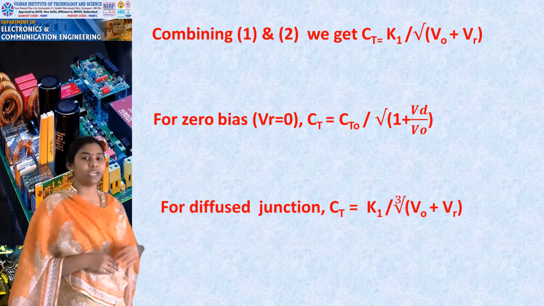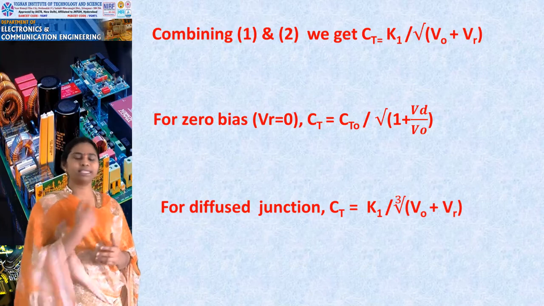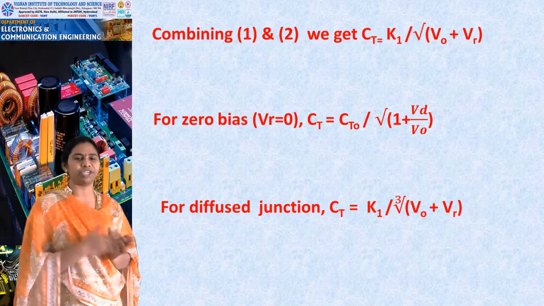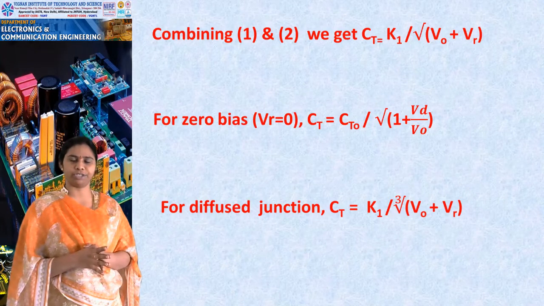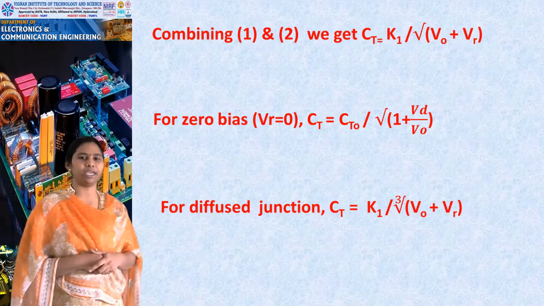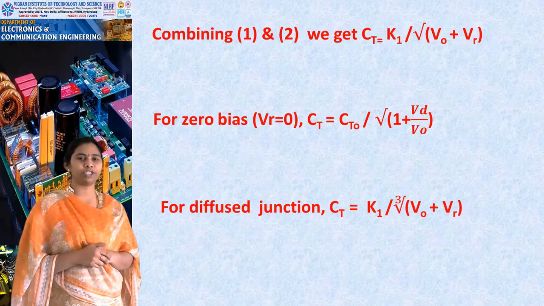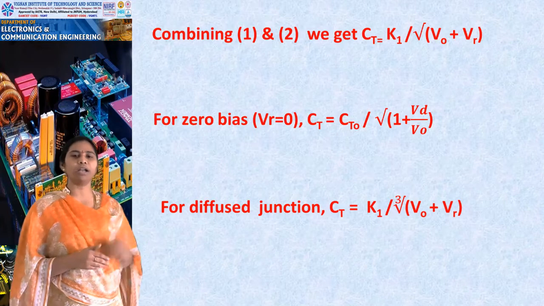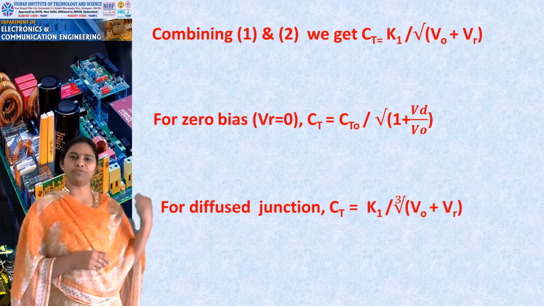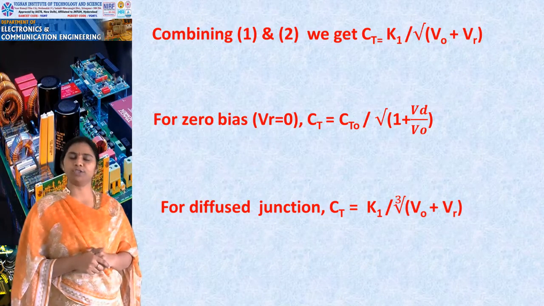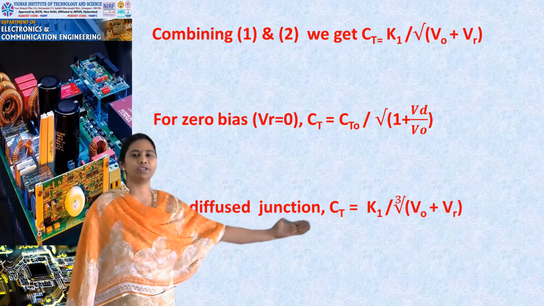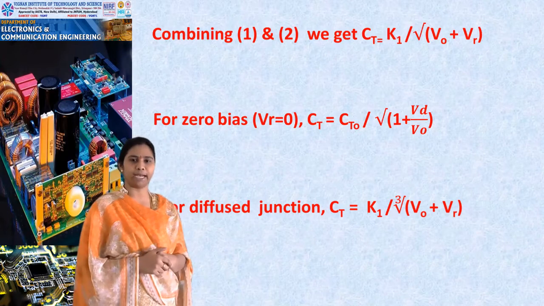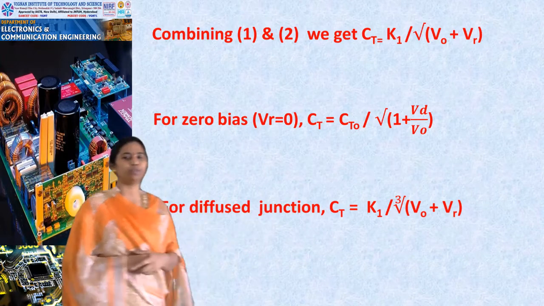The same thing we have derived for transition capacitance for step graded junction applies to the alloy junction and diffused junction. The same equations we are applying here, because the width of the depletion layer is the square root of the applied voltage or the cube root of the applied voltage for alloy and diffused junction respectively. Because of this, your equation also changes. The denominator part is not a square root as mentioned in the step graded junction. It will be the cube root of the value.